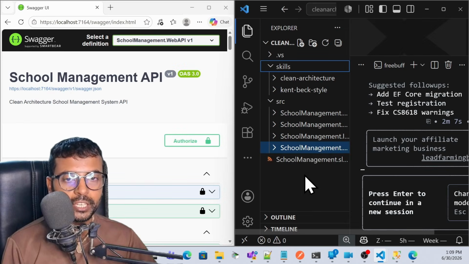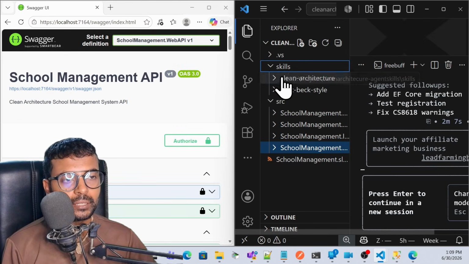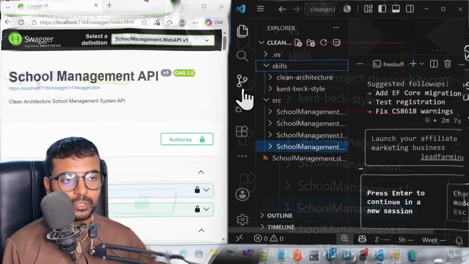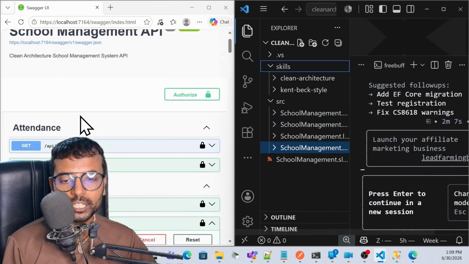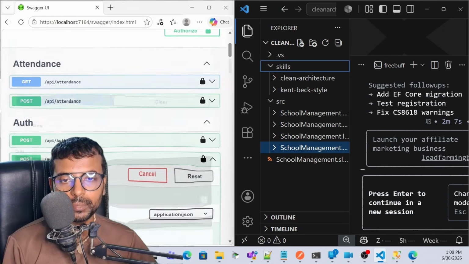Let's see the quick demo of clean architecture which I just built using agent skills. So these are the agent skills. Using that, we just built this nice clean architecture of a school management system which has all the APIs